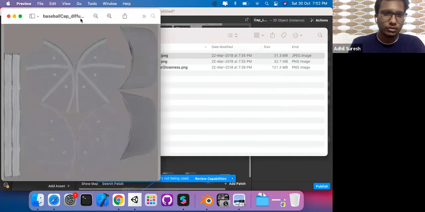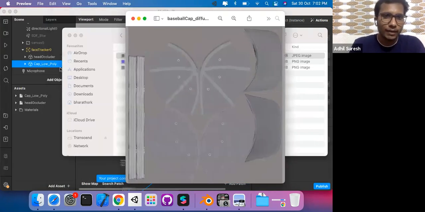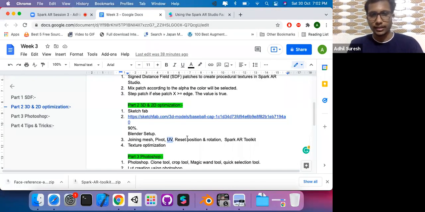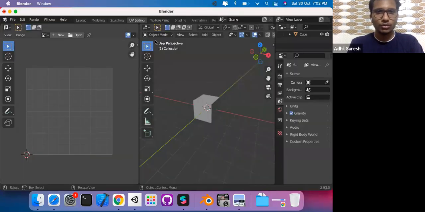So this is the 2D texture that will be wrapped onto the 3D model. This is termed the UV. And then the reset position and rotation in Spark AR. So how to